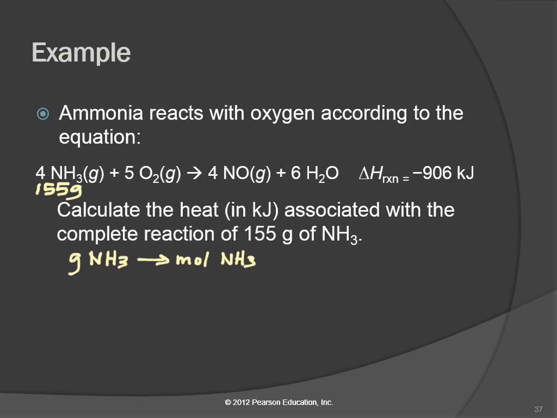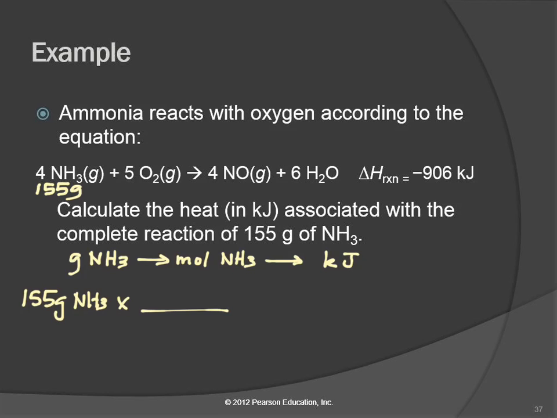So I need to get to moles of ammonia, and then I can go directly to kilojoules of energy. I don't have to go to one of the products or anything else. It's just whatever term I have a mass for, I convert to moles, and then I can go directly to the energy. So 155 grams of ammonia,